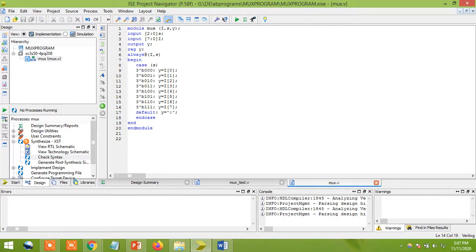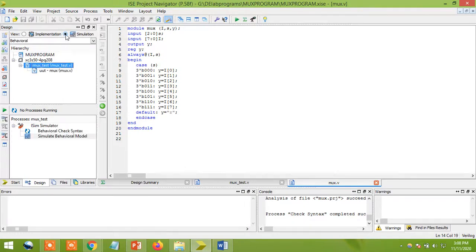I'm going to create my project and write the program. After that you need to save. After saving, you need to click check syntax. Once everything comes out correctly, what do you need to do? Next I'll go for simulation, right click on that, and you can write the test bench program. The same program I'm going to take as the main program.